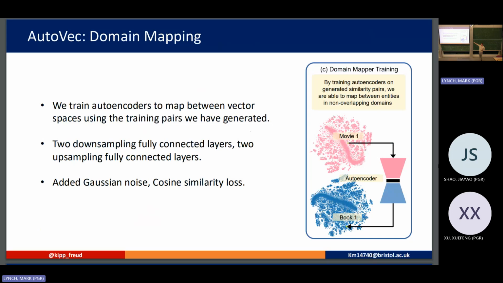In this example here, movies to books, our autoencoder is going to take a 512-dimensional vector representing a movie and output a 512-dimensional vector representing a book. We add Gaussian noise to the initial vector on training, and we use a cosine similarity loss function. So we've got our autoencoders, they train, they do quite well, but how can we tell if our mapping networks